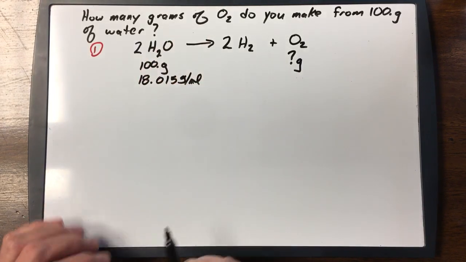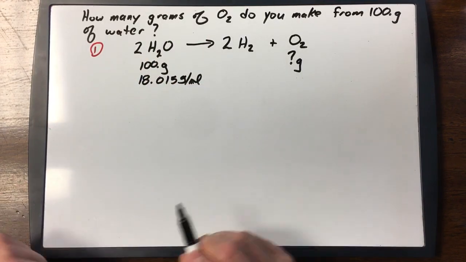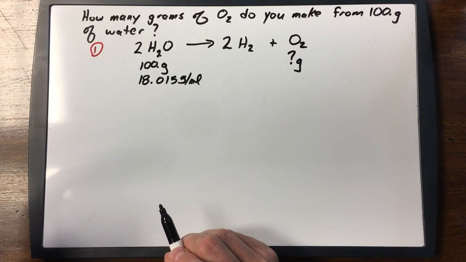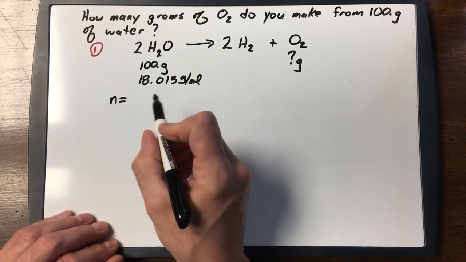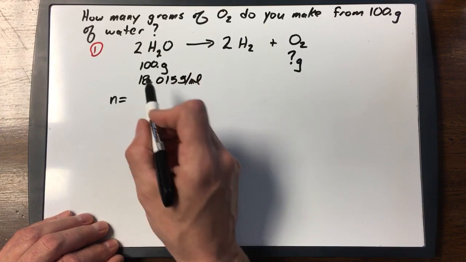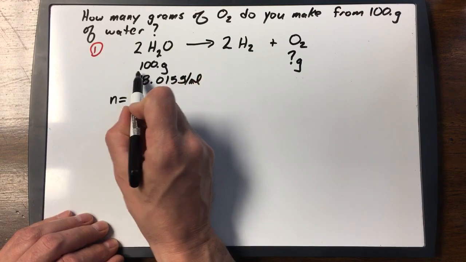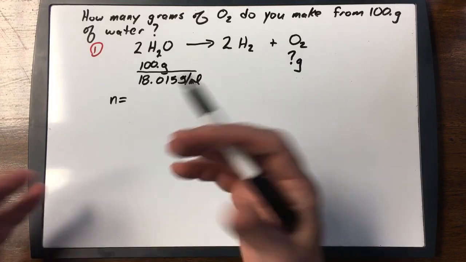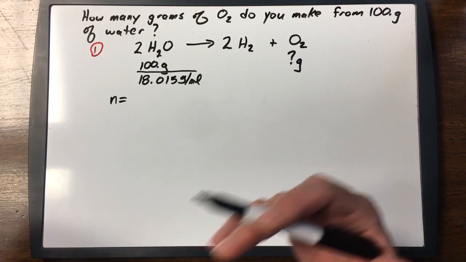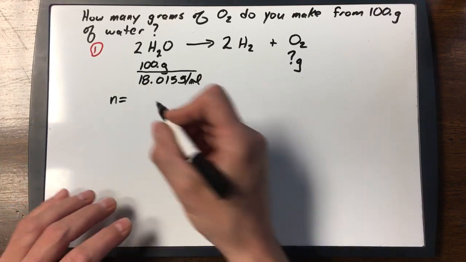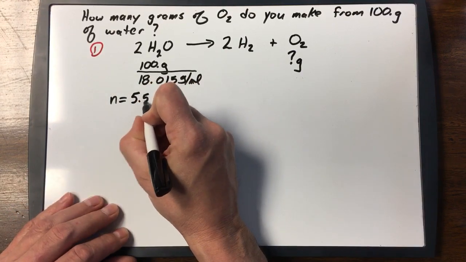I'm going to list that underneath the water because that is the molar mass of water. I'm going to take those 2 values and convert those to moles. Now, it's nice the way we've set it up here: to convert to moles, you take mass and divide it by the molar mass. So when we list it in that way, it actually tells us the mathematical operation, or at least it helps us with this. I've done the calculation already, so it's